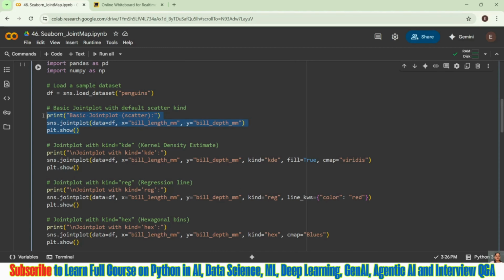So the basic joint plot, how is it going to be? It's very simple, guys. You just need to take sns.jointplot, data=df. The first thing we have to take is the data frame as input, right? Then after that, I am telling it x-axis should be this, y-axis should be this. That means my x-axis should be bill_length_mm and y should be bill_depth_mm. So I am comparing the length and depth of my penguin's bill. Now we will see how it is coming up.